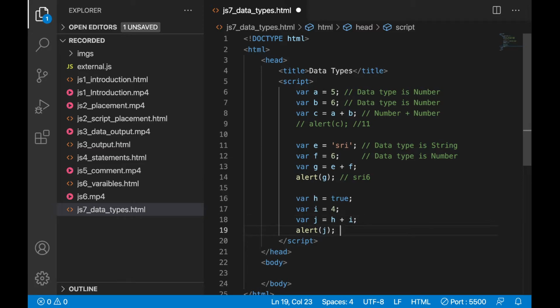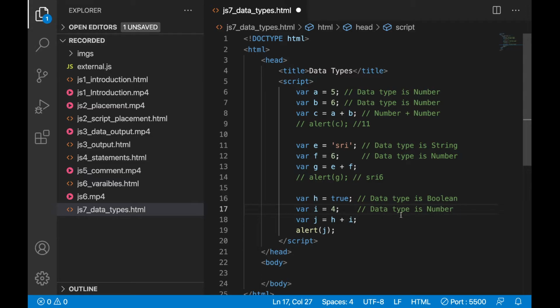Now just comment the previous alert, just to avoid confusion. Now let's see what will happen. Here I have taken one boolean and one number, and I am adding them. Here I can mention this is a boolean, this is a number.